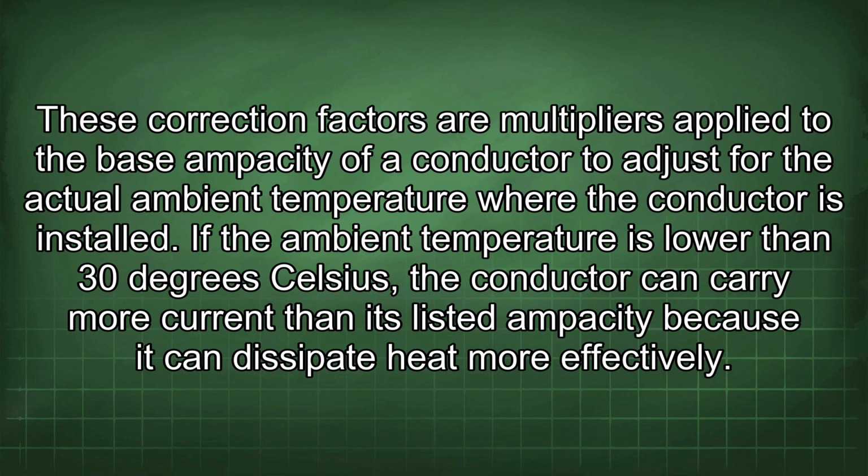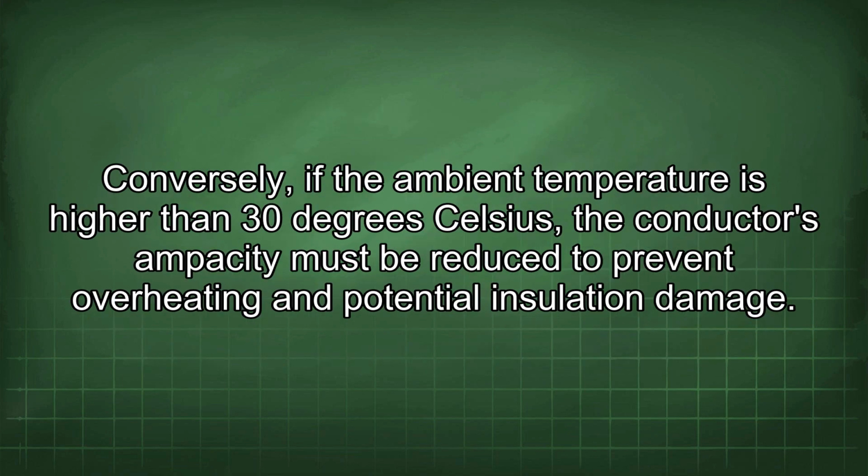These correction factors are multipliers applied to the base ampacity of a conductor to adjust for the actual ambient temperature where the conductor is installed. If the ambient temperature is lower than 30 degrees Celsius, the conductor can carry more current than its listed ampacity because it can dissipate heat more effectively. Conversely, if the ambient temperature is higher than 30 degrees Celsius, the conductor's ampacity must be reduced to prevent overheating